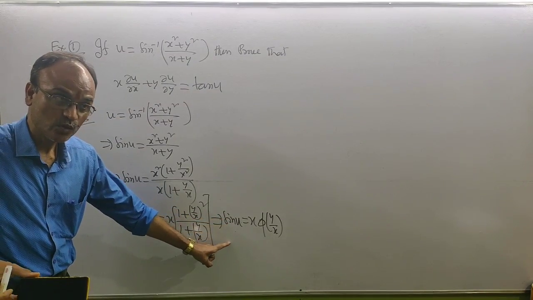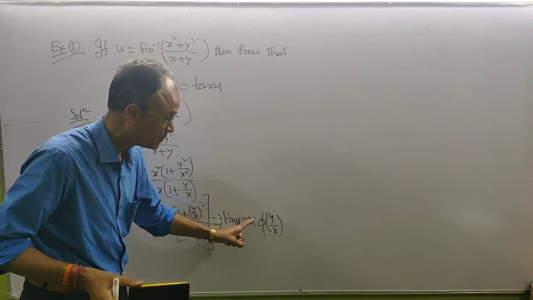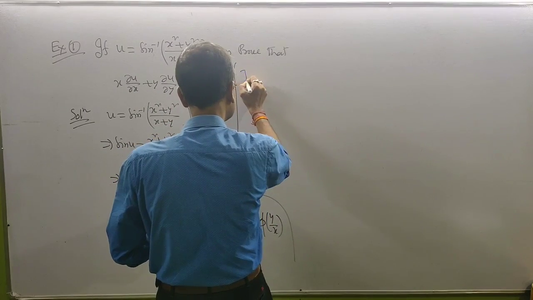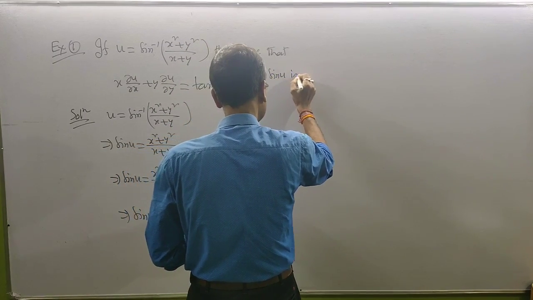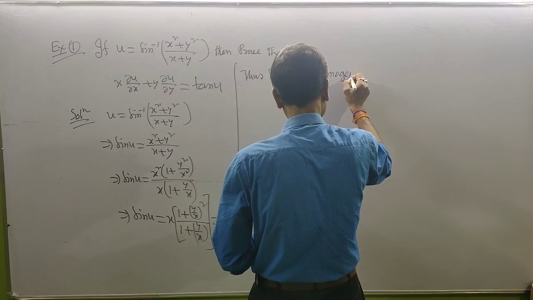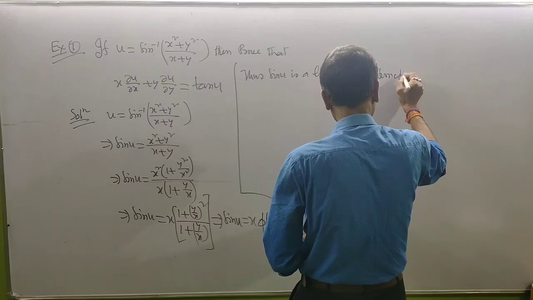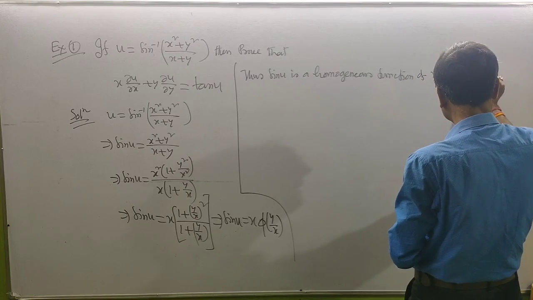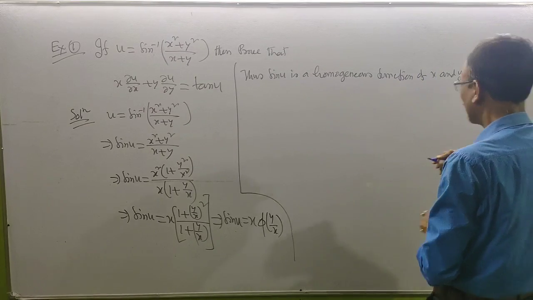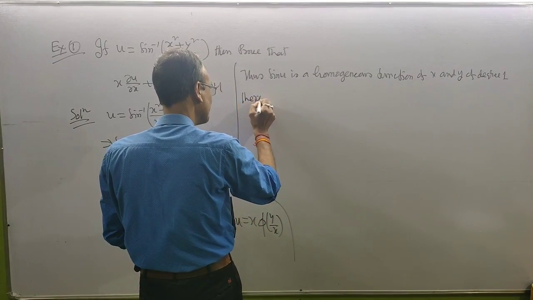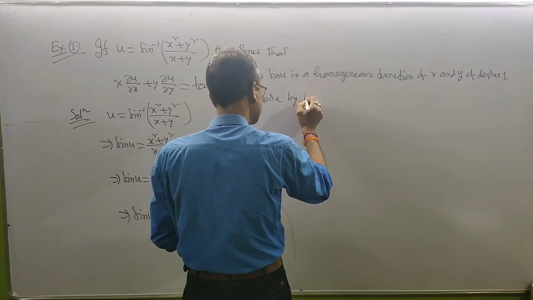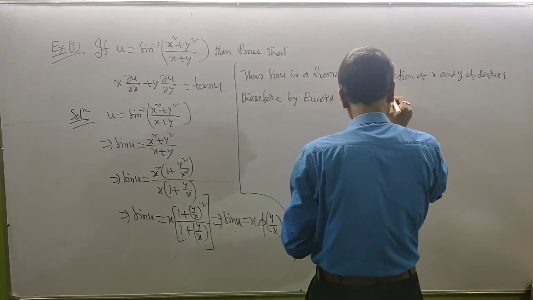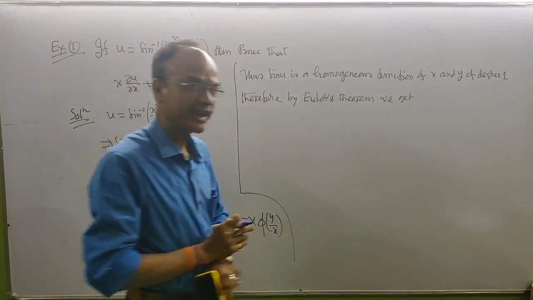Thus sin u is a homogeneous function of x and y of degree 1, since x to the power 1 is there. Therefore, by Euler's theorem we get